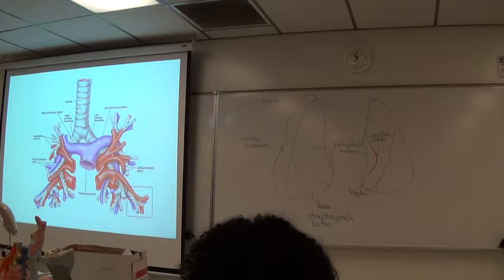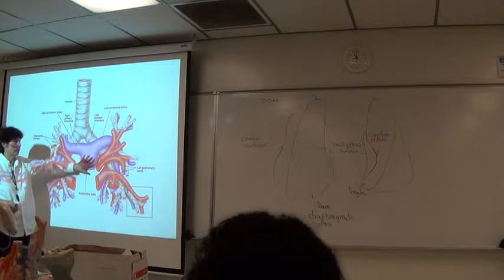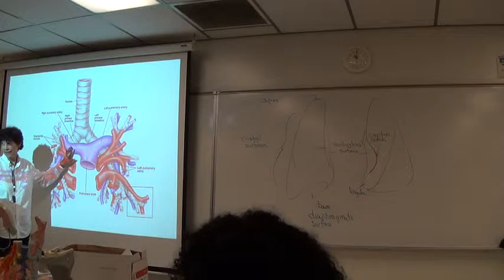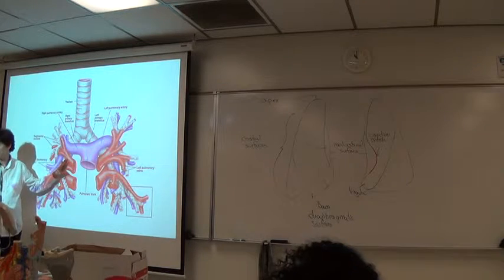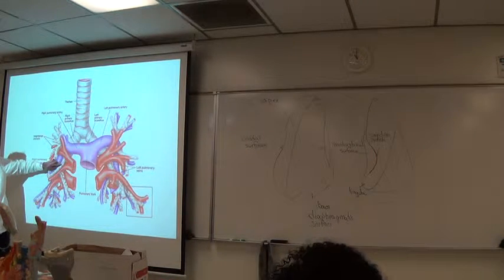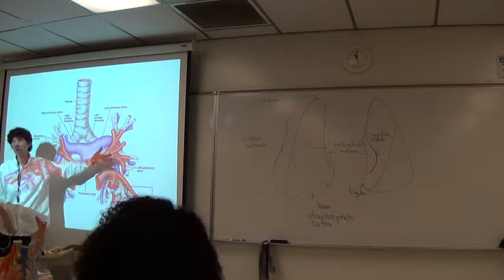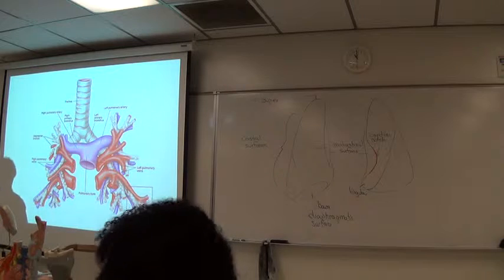I'll come back to that other picture in just a moment. So these are the structures. Here's the pulmonary trunk and the pulmonary veins. Remember, arterial blood is deoxygenated and venous blood is oxygenated, along with the trachea and the bronchial arteries, which aren't shown. And these are passing into and out of that mediastinal surface